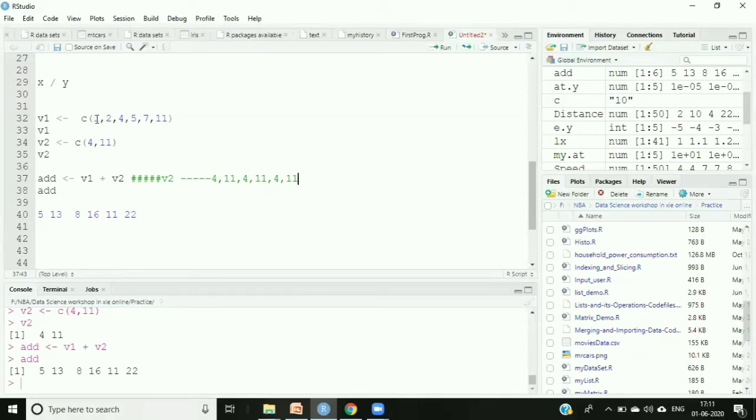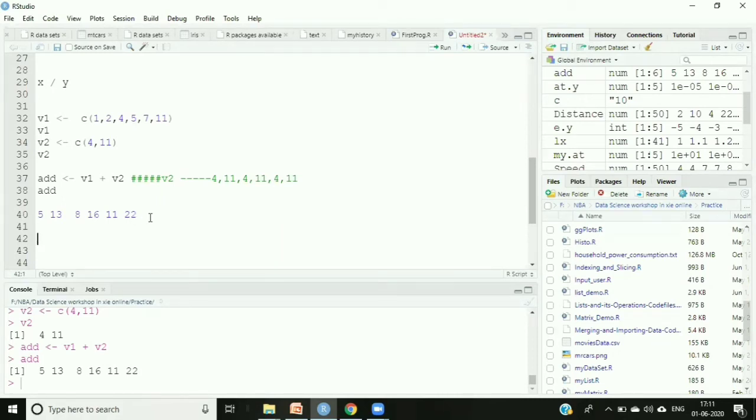So this 1 will be added to this 4, so 5. 2 will get added to this 11, so 13. 4 will get added to this 4, so 8. 5 will get added to this 11, so 16. 7 will get added to this 4, 11, and 11 will get added to 11, that is 22. So if the sizes are not similar, it will change its shape.